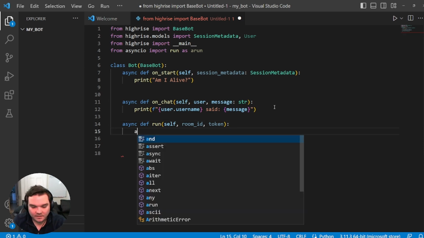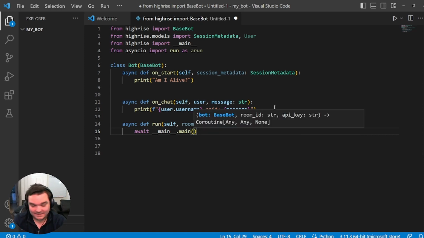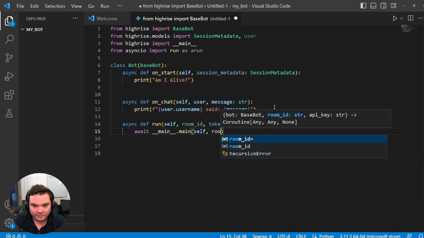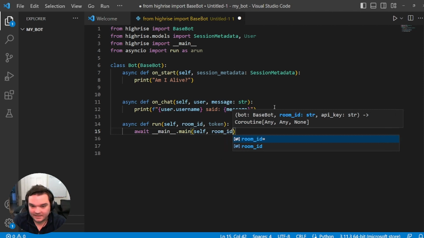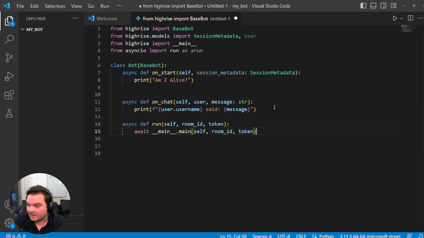We go down here: await __main__.main(self, room_id, token). And then we go down a little bit here and we say if __name__ == "__main__":